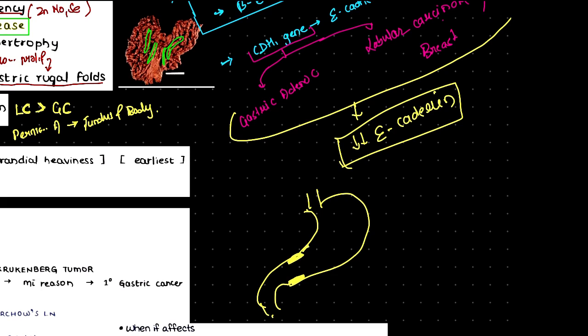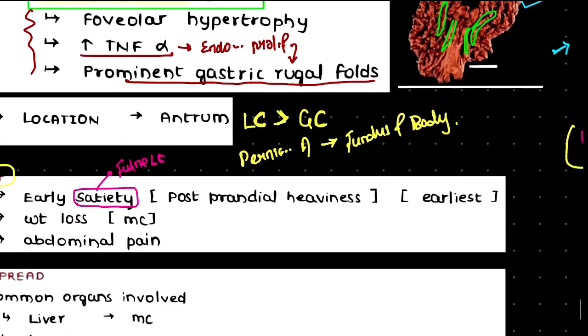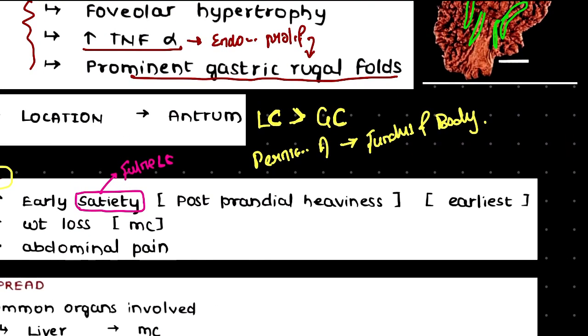stomach region, then obviously there will be less space in our stomach for food. So we will always have a feeling that something is there in our stomach, a feeling of fullness, right? We will not feel hungry, there will be loss of appetite. And there is one important term written right here, that is postprandial fullness. Now what is this postprandial fullness?